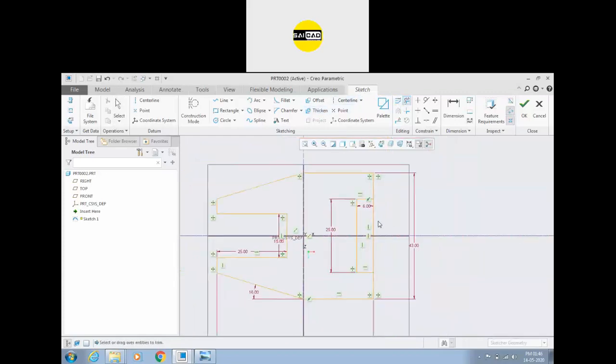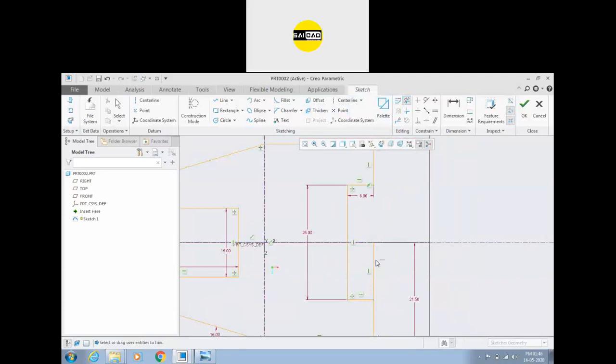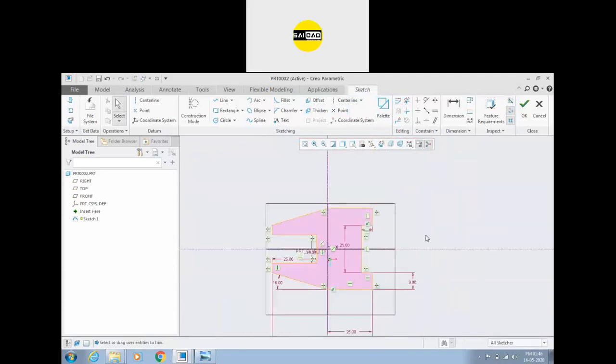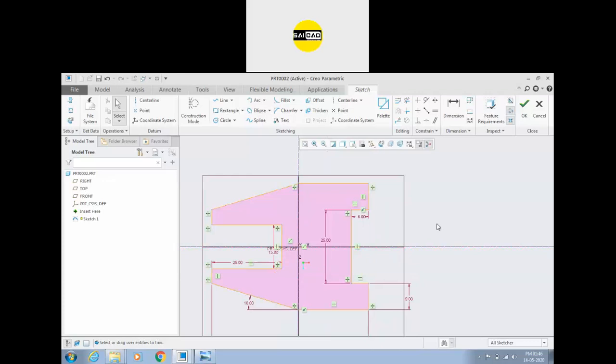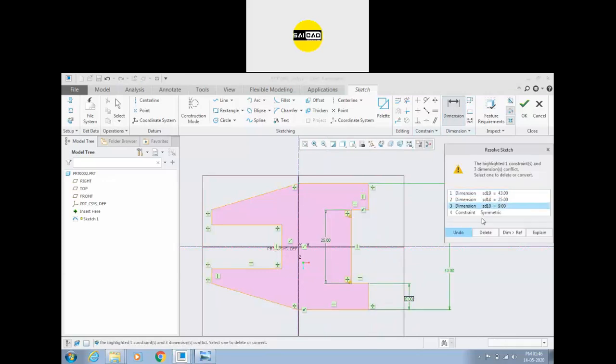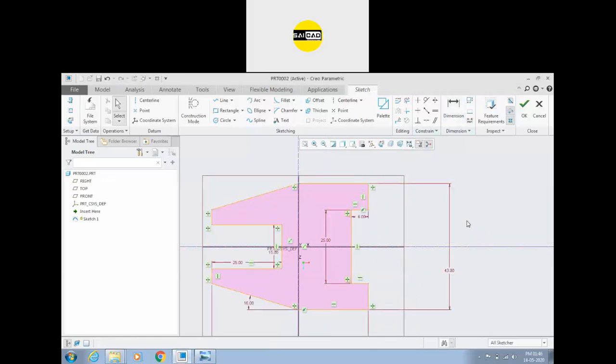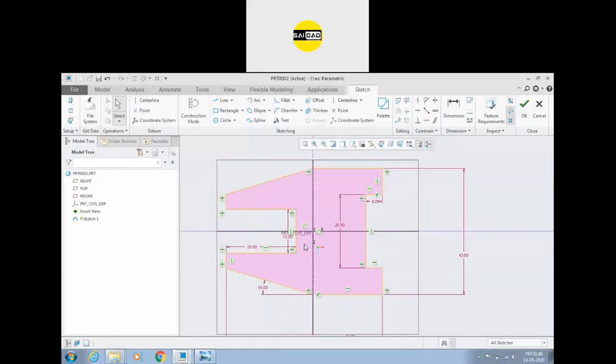Okay, now you have to trim. So just cross this object 2 times, and now it is created like this. Okay, so there is the value converted to 9 from the 43. If you want the 43 value, just select the 2 points, define and delete the 9 value like this. So this is the base shape.